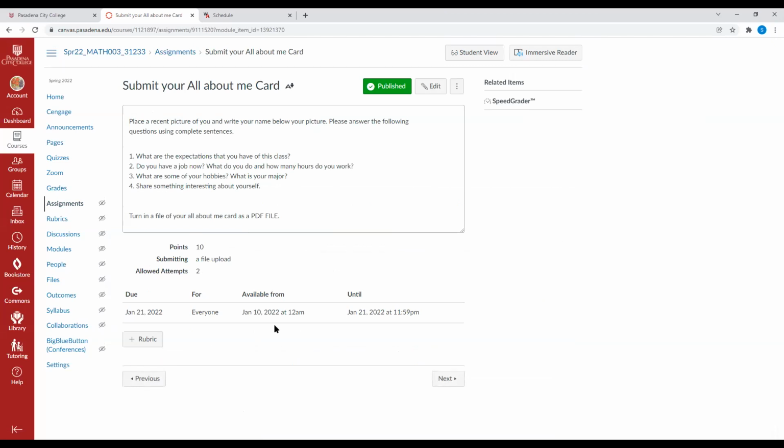But in order for me to be able to see it, your file has to be saved as a PDF file. Even if I try to show you the link, you wouldn't be able to see it. But once you see it, there will be a link for you to turn it in and to attach the file. Just click next.